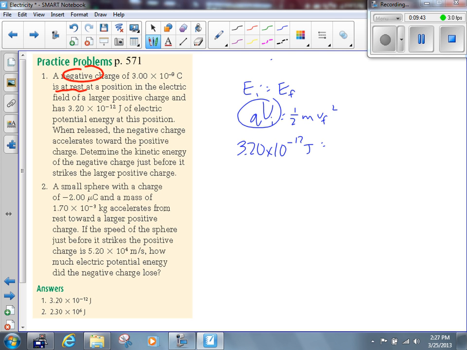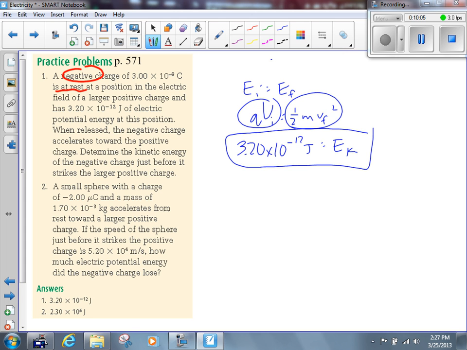Similarly, if we're just looking for the value of EK, and we know that EK is equal to potential energy, and we know the value of the potential energy, don't we already know the value of EK? The final kinetic energy is going to be 3.2 times 10 to the negative 12 joules. Does